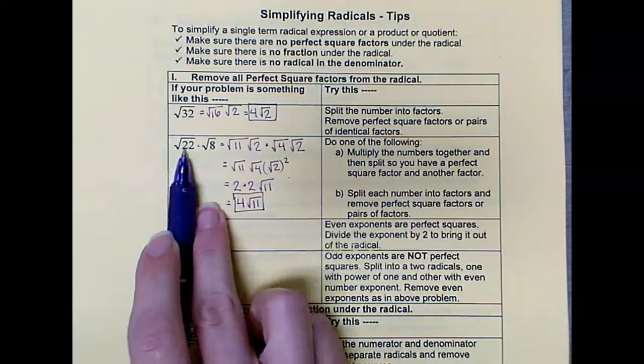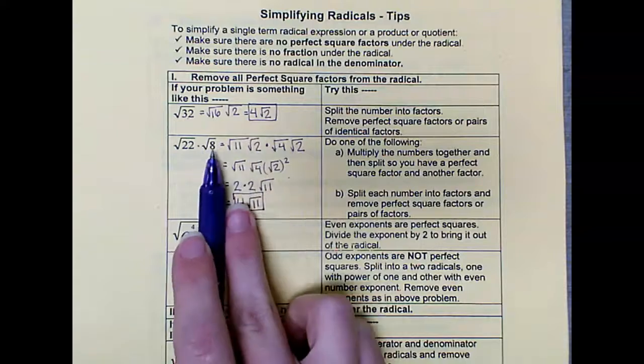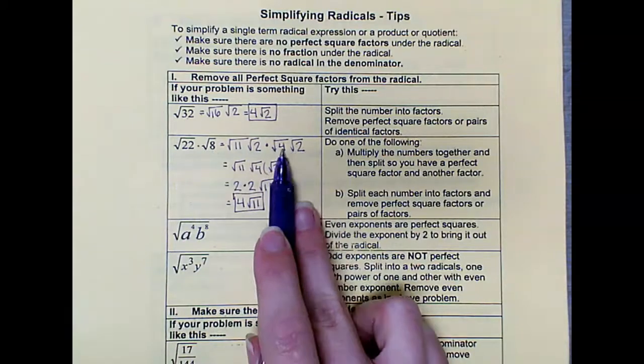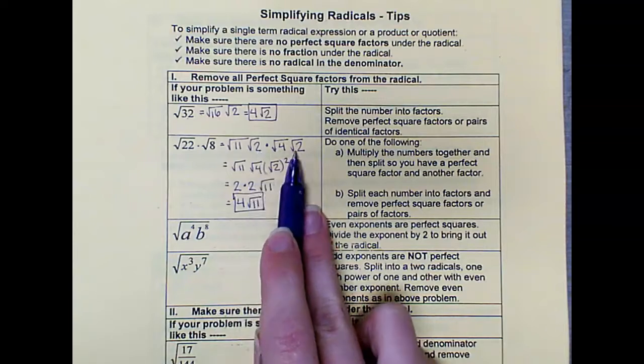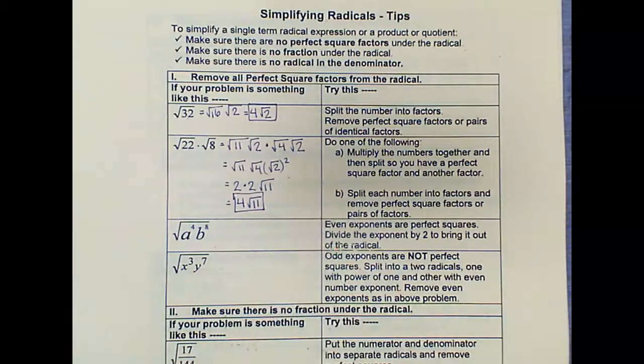We broke up 22 into 11 and 2. We broke up 8 into 4 and 2. This is already a perfect square, so it made its way here. And then these two together created a perfect square. So that's to the extent that we deal with problems like this if there are numerals as the radicand, but